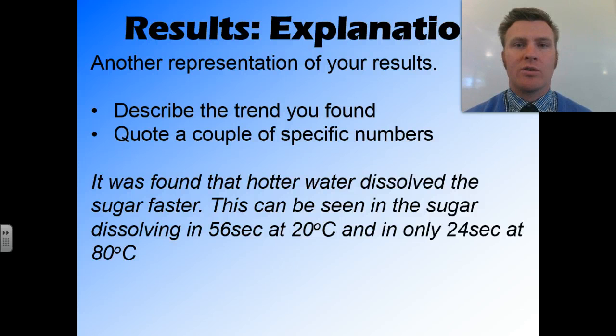The final way that you want to show your results is by using words in an explanation. And all you need to do here is describe the trend that you found and quote a couple of the specific numbers or specific results that you got from your experiment. For example, from my results, my explanation would be it was found that hotter water dissolved the sugar faster. This can be seen in the sugar dissolving in 56 seconds at 20 degrees and in only 24 seconds at 80 degrees. So I've described the trend that hotter water dissolves sugar faster and quoted a couple of numbers that